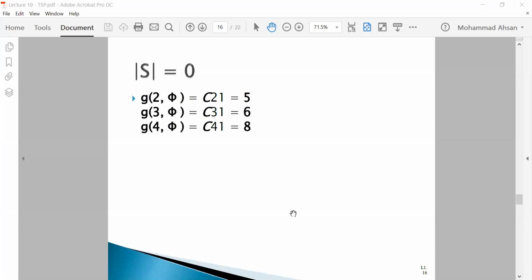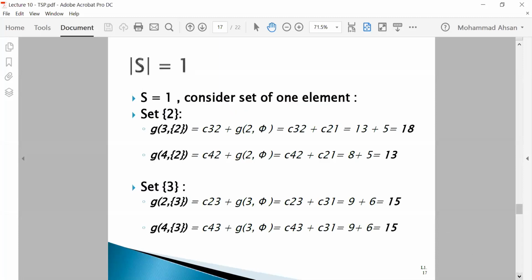Okay, so this is when your subset of intermediate vertices is 0. Okay, then when the size of your subset is 1. Okay, so you are at 3 and